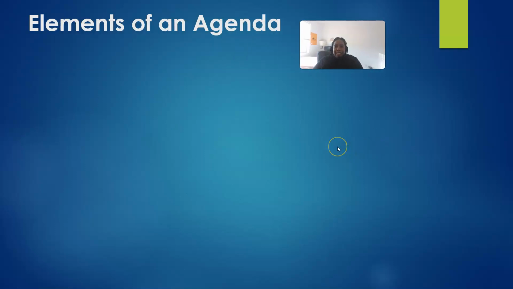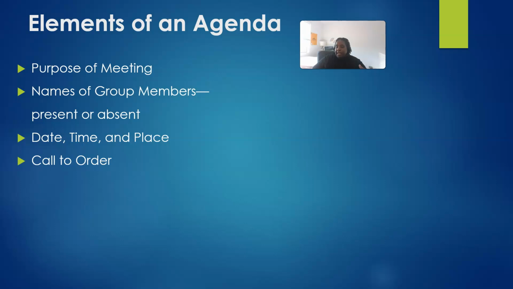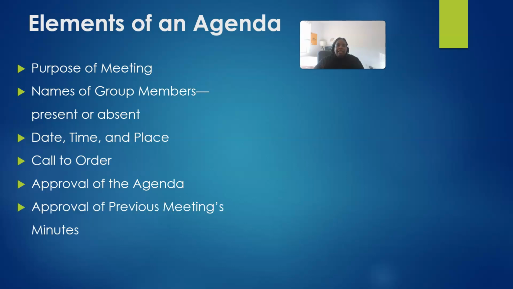So the elements of our agenda are as follows. We have the purpose of the meeting, names of the group members, both present and absent, date, time, and place, call to order. So what time was the meeting officially started? Approval of the agenda. So they might say aye or nay. And then approval of the meeting's previous minutes,